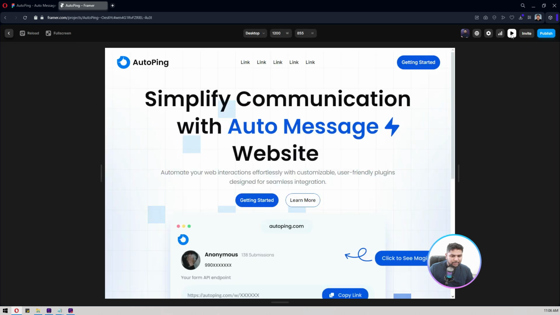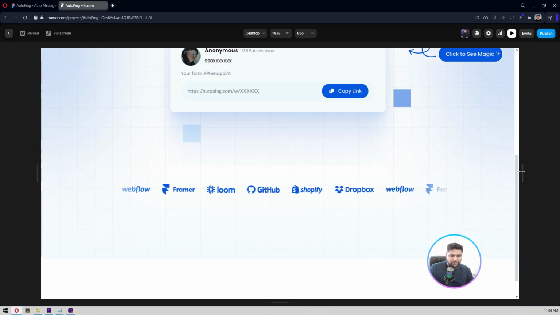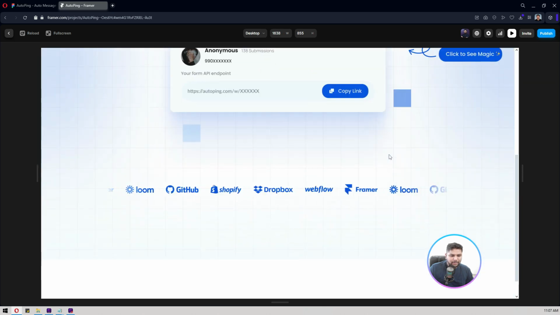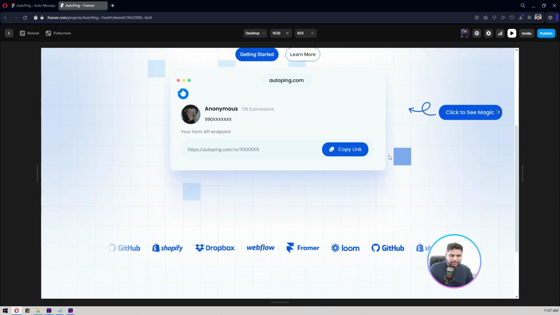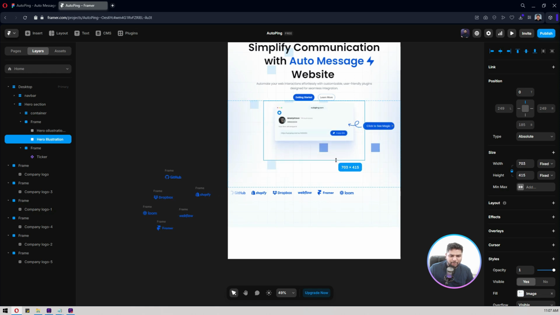Now let's look at this. Now look at this, right? So if your browser width is more than 1200, then this is how it would look like. So now we have this hero section, and for the sake of this demo, let's just change